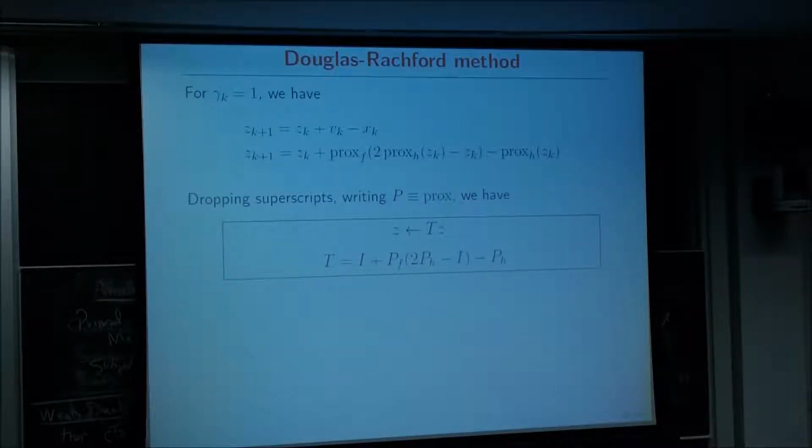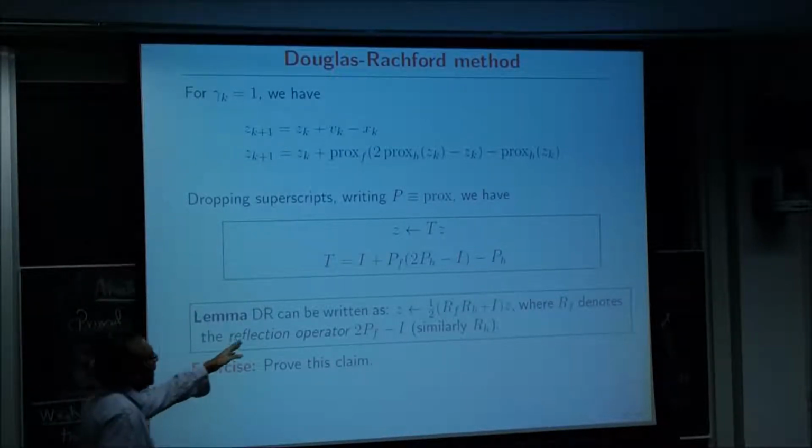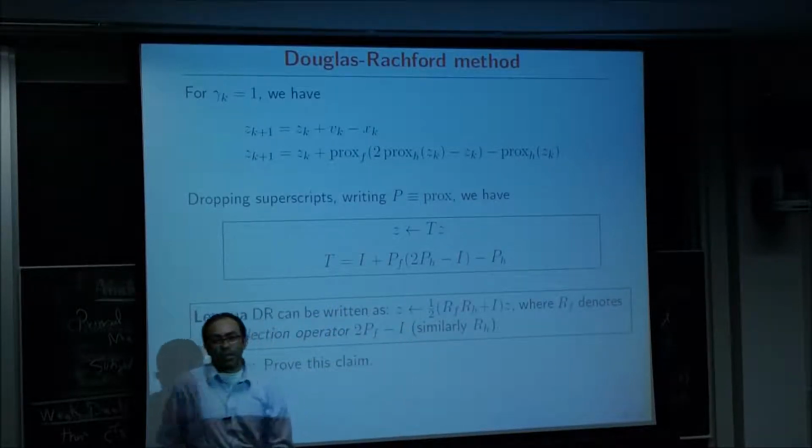I'm going to write it in a very pretty form. That's the form I like, because then you can implement it in 3 lines of MATLAB. So let's get it into the 3 lines of MATLAB form. Well, it's already in 2 lines. So what we have done is we are iterating z is T of z, where T is that operator, right? It's just a very simple manipulation of the last line. So a little small exercise, very nice exercise, is to just rearrange this stuff so that it looks like averaged